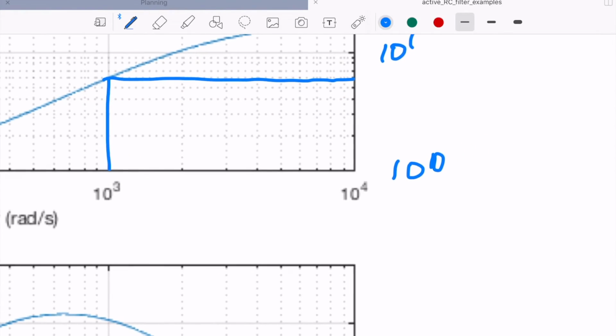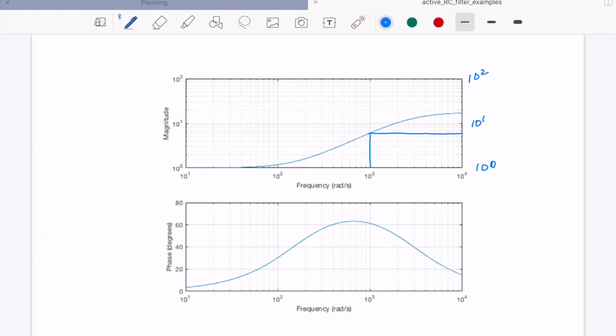So now when I read, this is 10 to the 0, which is 1, 2, 3, 4, 5, 6. So that means at omega equal to 1,000 radians per second, the magnitude of G is about 6 from reading, which is about what we had before. And if I look at the angle,